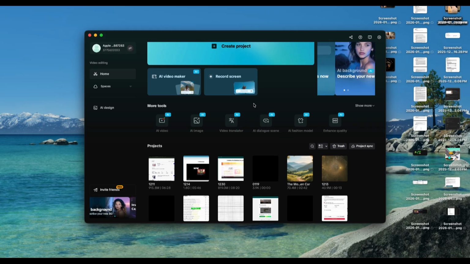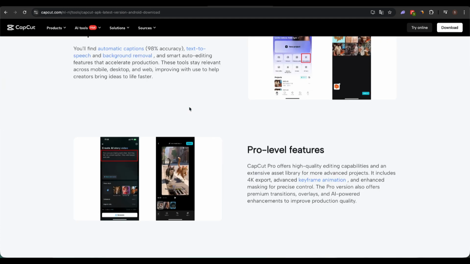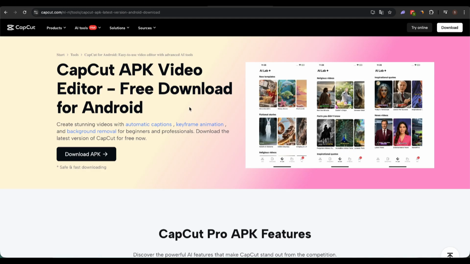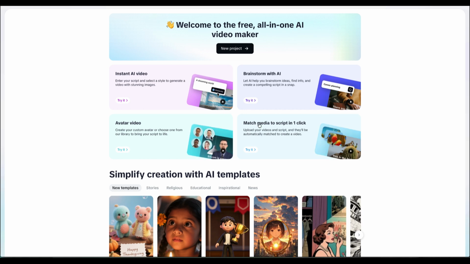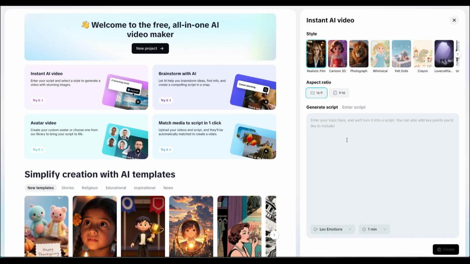If you don't have it, just download it from their website, and in case CapCut isn't available in your country, you can download it using a VPN. Alright? So once you are inside CapCut, just go to this AI video maker, and this is what you are going to see. Next, click on Instant AI Video, and this is where you are going to give a prompt